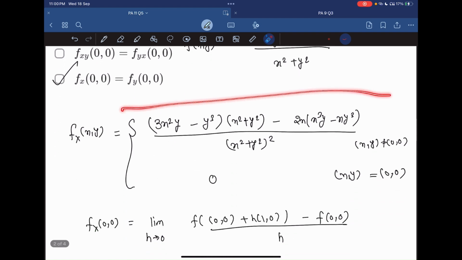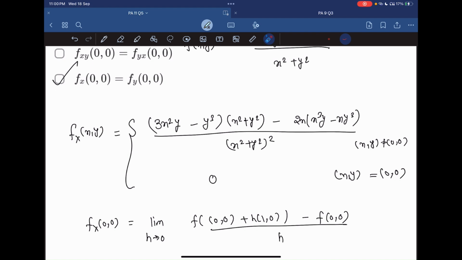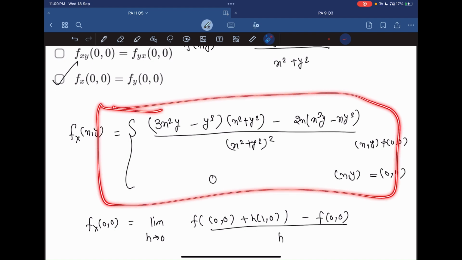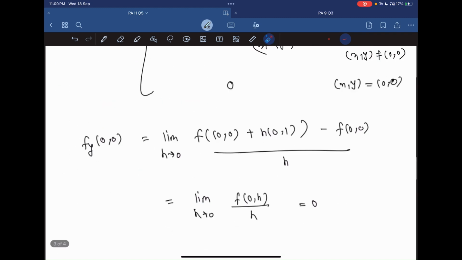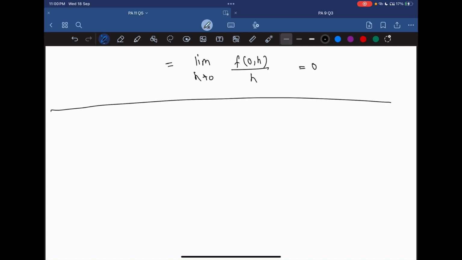Again, as the function is piecewise, we will use the limit definition. So fxy at the point (0, 0) is defined as limit h tends to 0 of